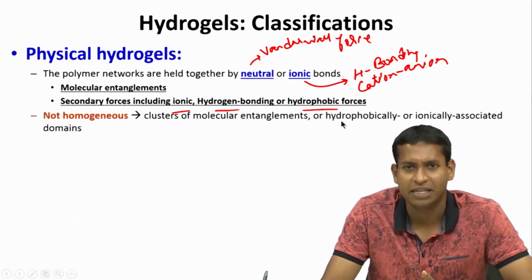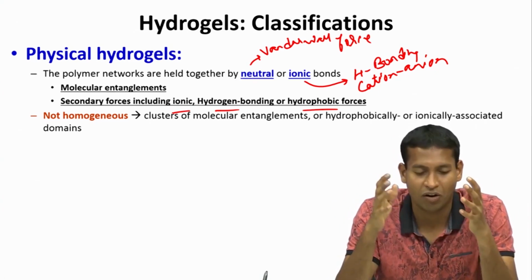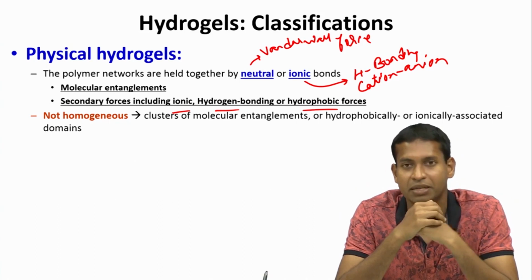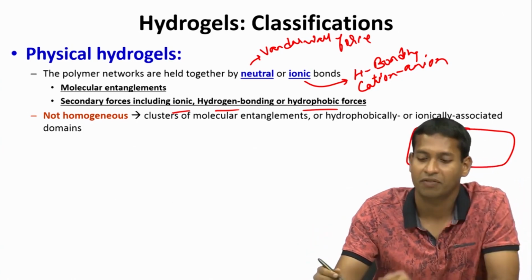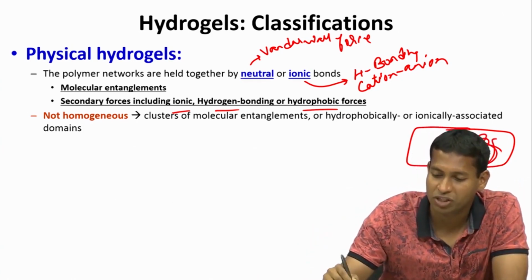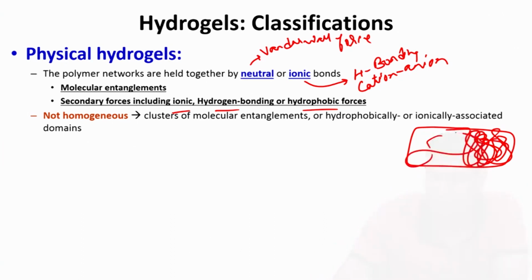They are typically non-homogeneous, as I said, they are this random entanglement of chains. So, it is not like they are very well ordered or structured. At some parts of a hydrogel, you can have quite a bit of chain coiled around to form a gel, and in other parts you can have very sparse chains forming around. So, there can be micro clusters like this,